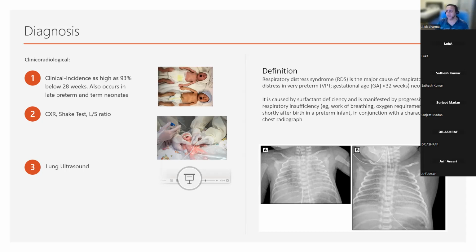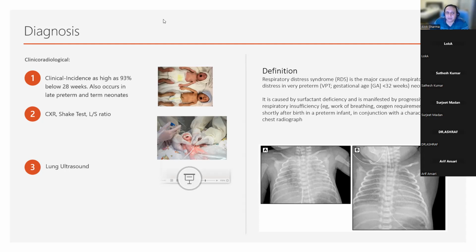And this is where it's really important that we first know what and how we're going to diagnose respiratory distress syndrome and differentiate it from the other pathologies, but also keep in mind that we may have an overlap in some of these conditions because of the issue of surfactant inactivation, surfactant deficiency that might be secondary, not primary. Now, if you look at the incidence, respiratory distress syndrome has an incidence of about 93% below